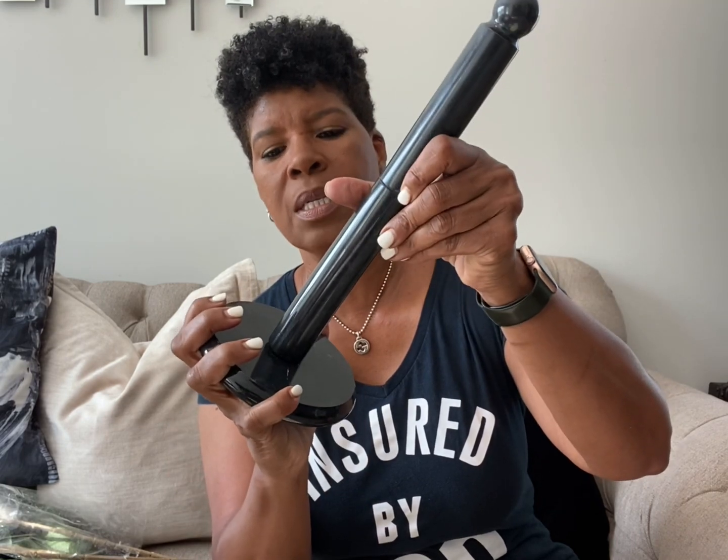All right, so I think I'm gonna start with the things that I bought for other parts of the home. And so the first thing is this, and this is just a paper towel holder. It is made of black marble. Purchased this off of Amazon and it comes in pieces, so you just kind of put it together. But I thought it just really gave the kitchen a good look. So I picked this one up, and then also,